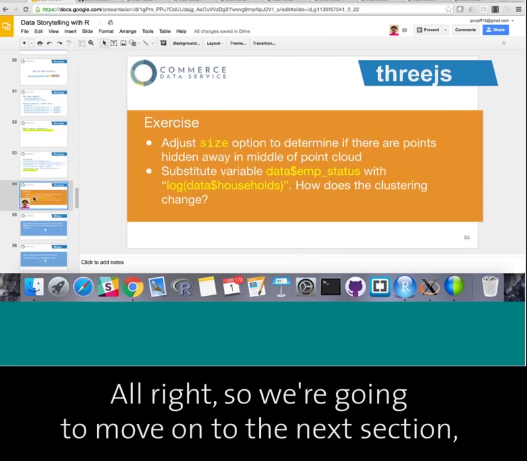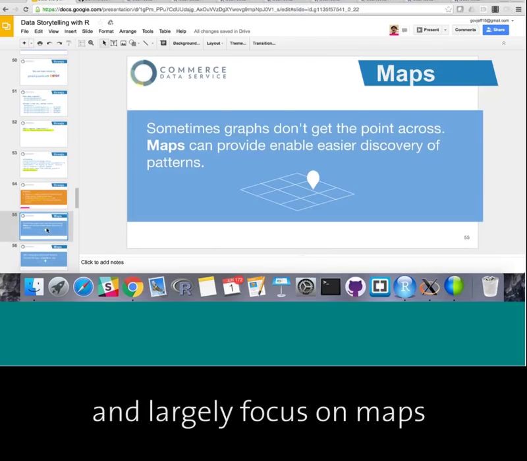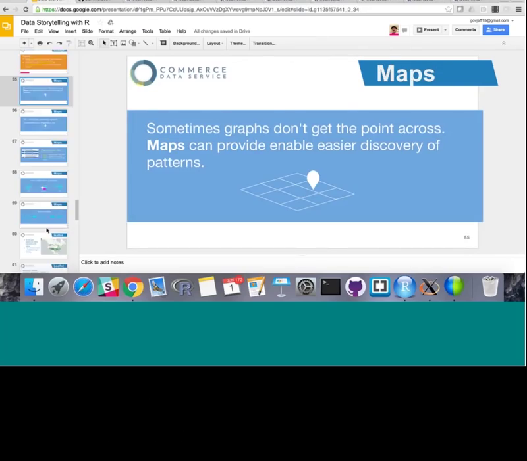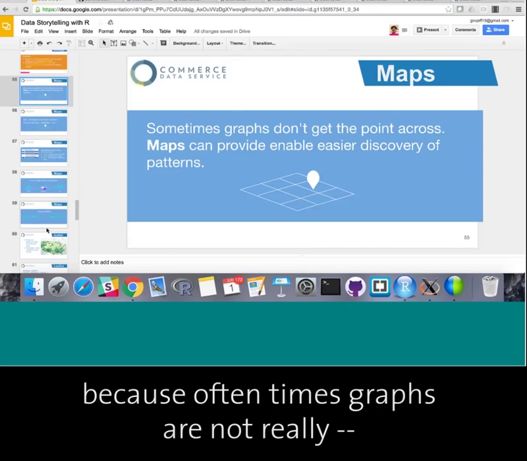Yeah, and also you have to play with the colors a little bit to really get a handle of it. All right, so we're going to move on to the next section and largely focus on maps, because oftentimes graphs